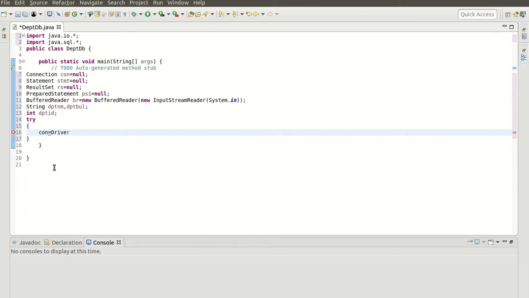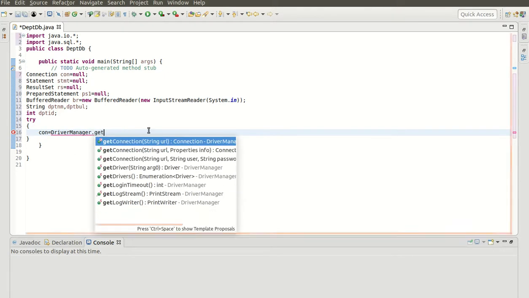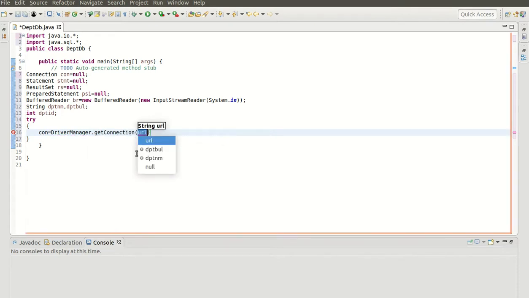So I will write DriverManager dot getConnection, and I have to pass the connection URL.